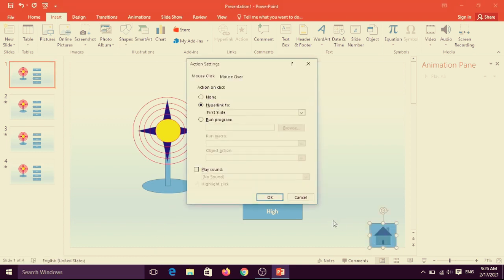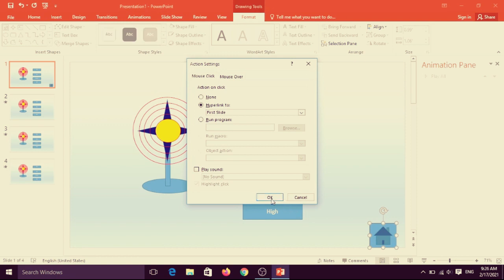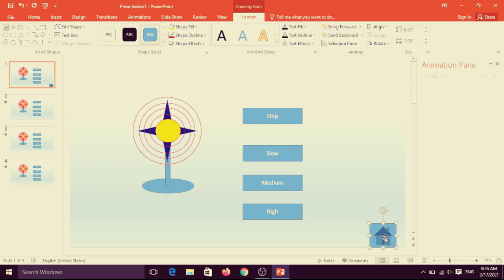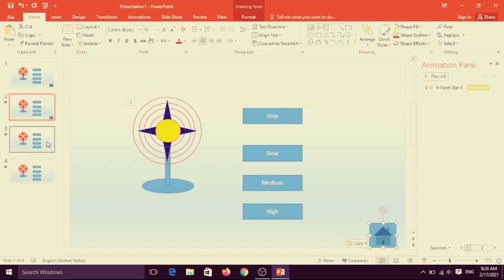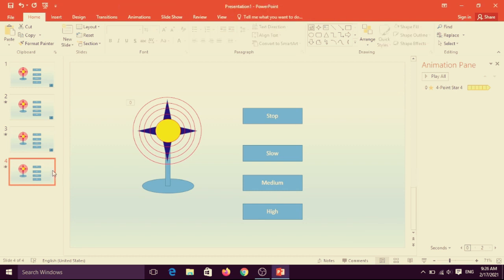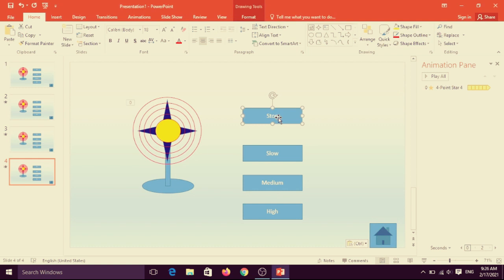It is your home, first slide, and choose this, copy and paste on every page, and next also, and next also. It is the home button, means when you have to click on here, it will locate on the first, means start, or you can also choose for this stop button.